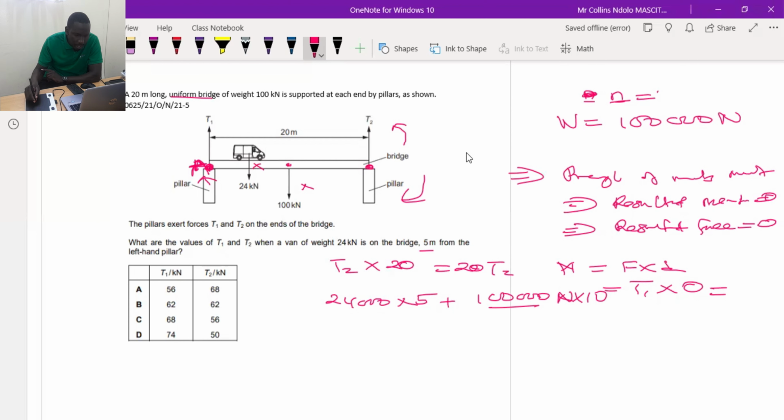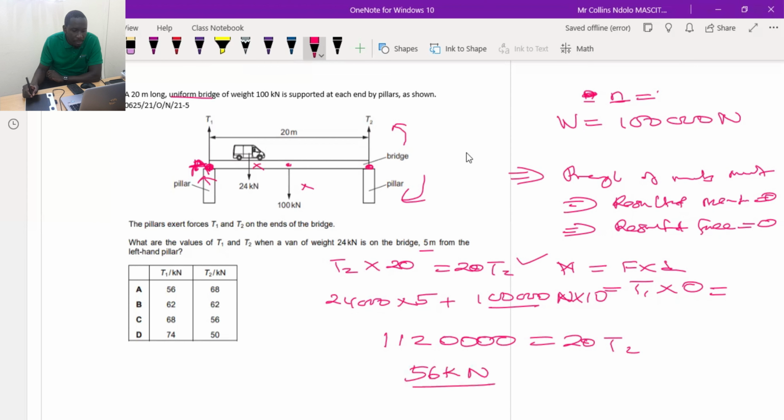So that gives us 1,120,000. This should be equal to, remember, clockwise moment is equal to anti-clockwise moment. So this moment here should be equal to the moment of 20 T2. So T2 should be that divided by 20, which will give us 56,000. So 56